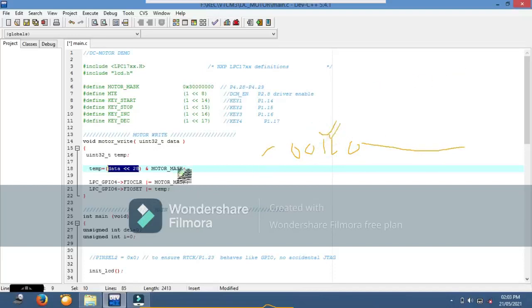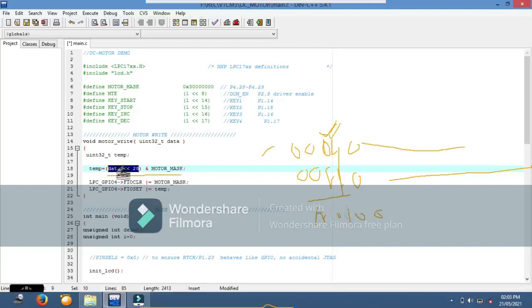You add that with the motor mask, which is already the same variable like this. You are sending the data 01, means the 28th bit is 1, the 29th bit is 0. When you added these two, it will give you only this bit as 1, and all remaining are 0.